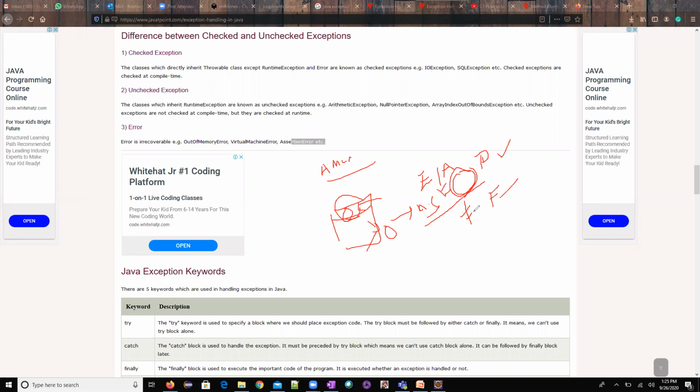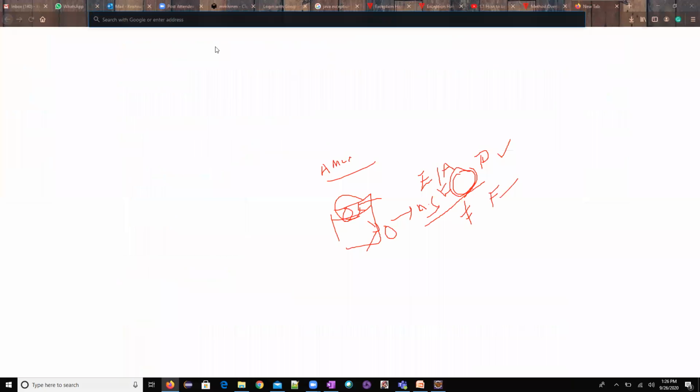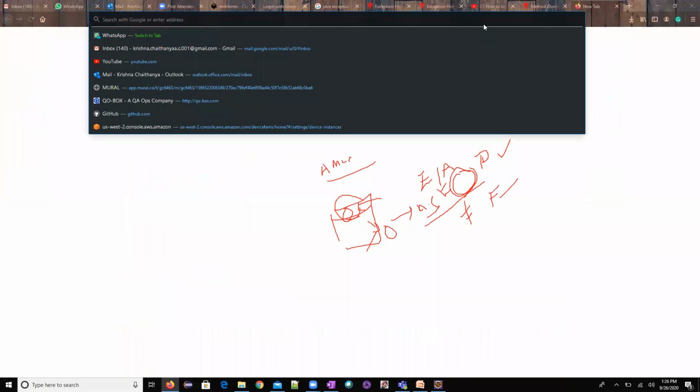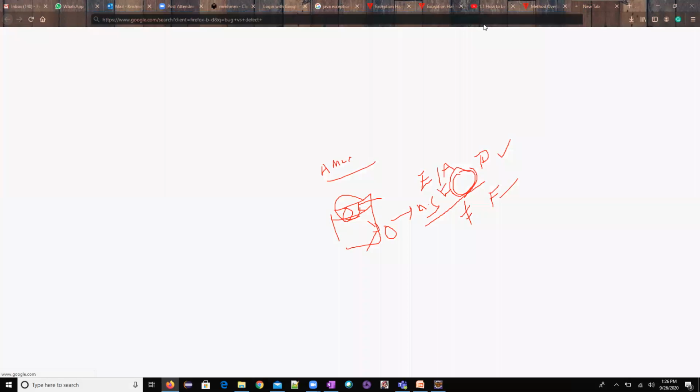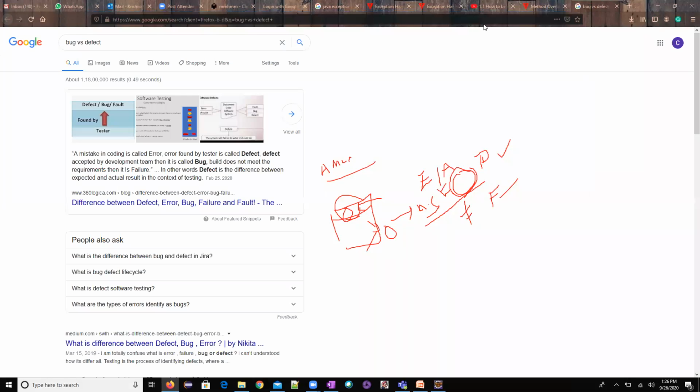What is an error? Errors are things that you do not expect, maybe some 404 page not found, or those kinds of things. Those are also deviations. Then I can call that a bug, right? That is also a deviation only, right? But the terminology is different, depending on the situation of using the name.